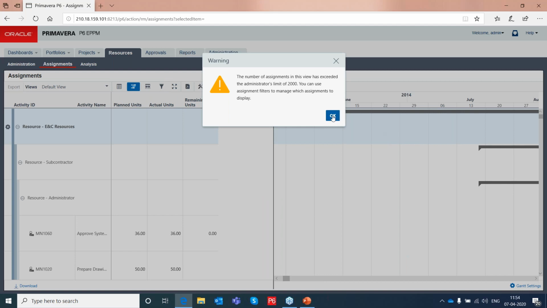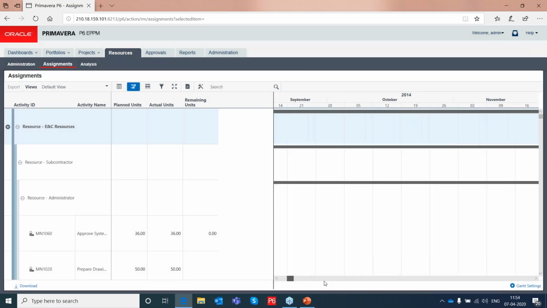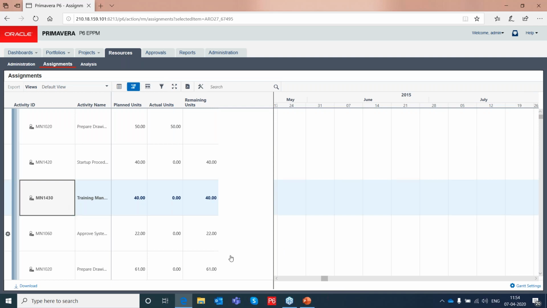Yeah, see here, you have the resource utilization across the projects, right? You can go into each and every resource, activities, how they are utilized, everything you can see here,